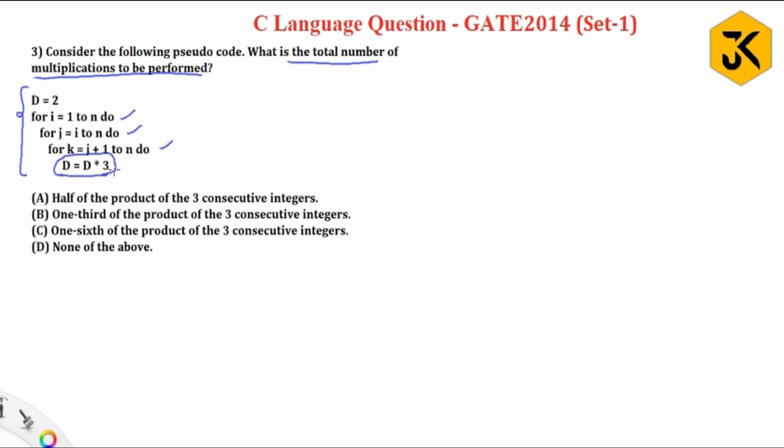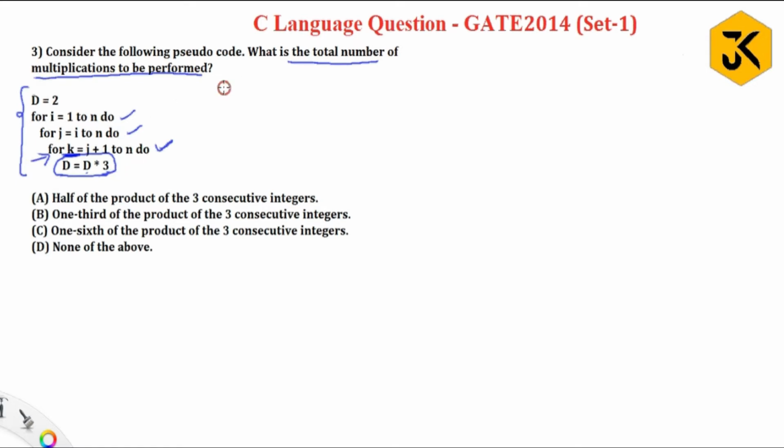This statement is going to execute depending upon the innermost for loop, which depends on the variable k. However many times this innermost for loop executes, that many times the multiplication statement is going to execute, and that we need to find. So to answer this question, let me analyze from the starting for loop onwards.